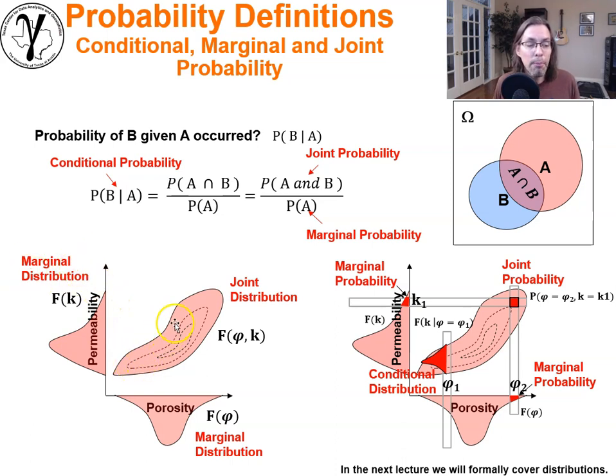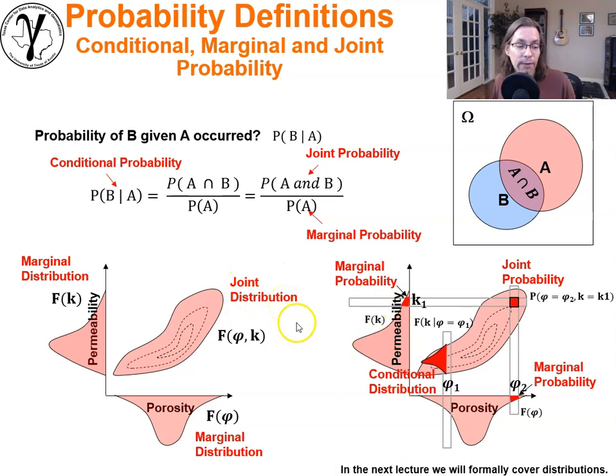And if we took all the points and we plotted and modeled them between porosity and permeability, that's a scatter plot. And we could fit some type of model to it, some kernel density, smoothing estimator of density. And don't worry, we'll get more into this. We'll talk about distributions in the next lectures. It would have some type of shape, that point cloud, and we can model that as a distribution in 2D. And we're considering two variables or features at a time. And so that would be a joint distribution.